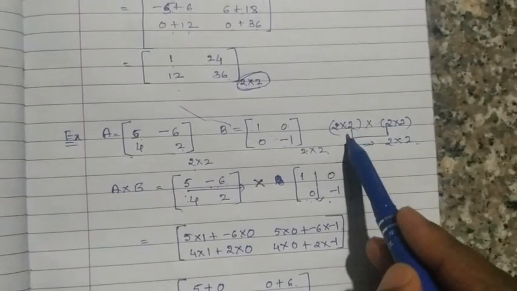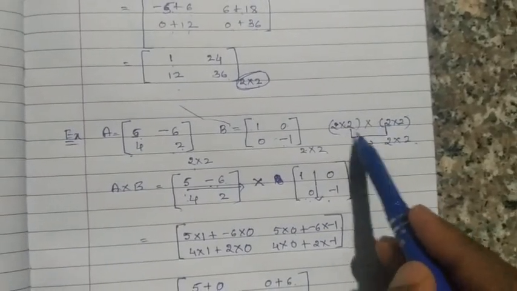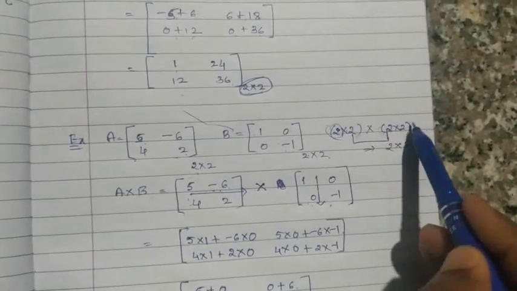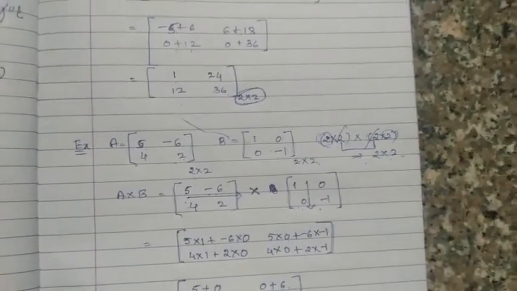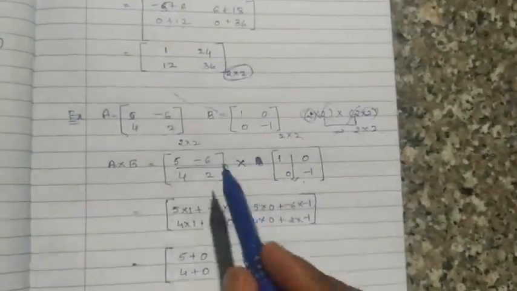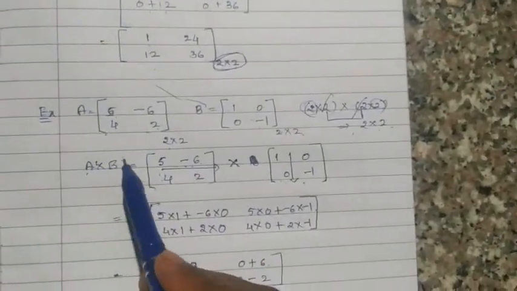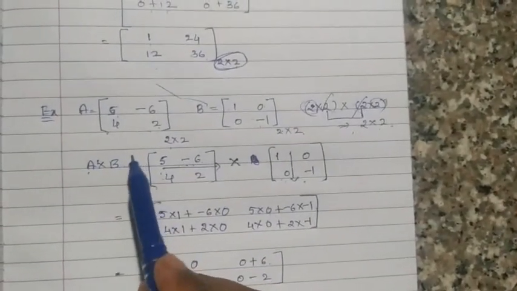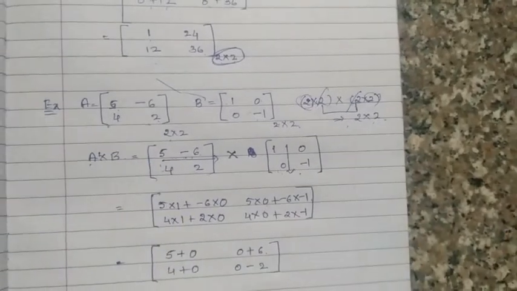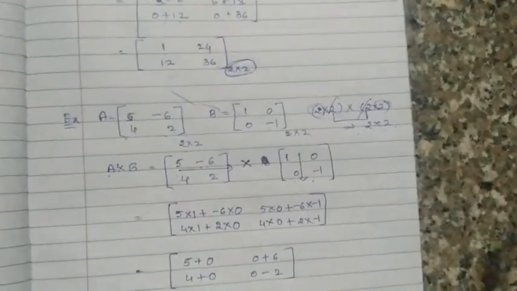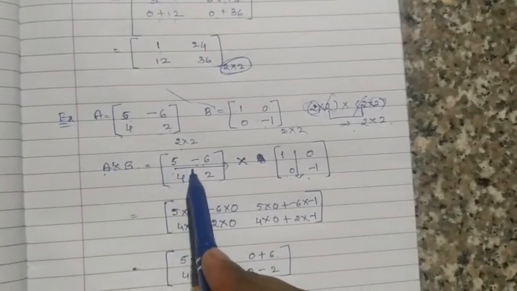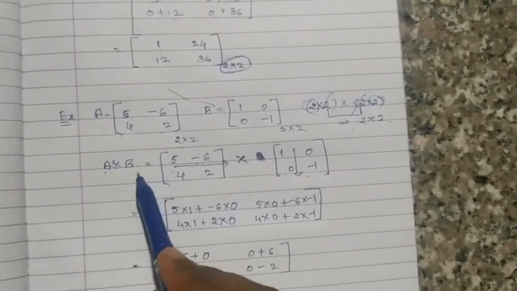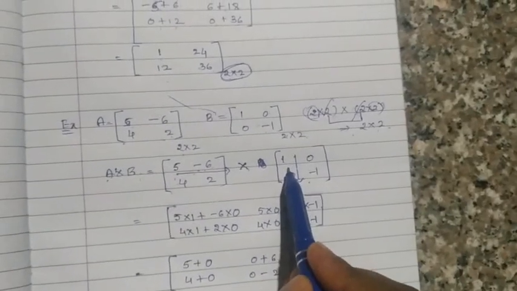If these two are the same, then at the final we are getting the matrix order as again 2 into 2, because we are cancelling these two. Then here I have written A into B. You should always give attention when you are going to do multiplication. Here A into B I have written. Matrix A means this one, and into I kept here. Matrix B means this here.